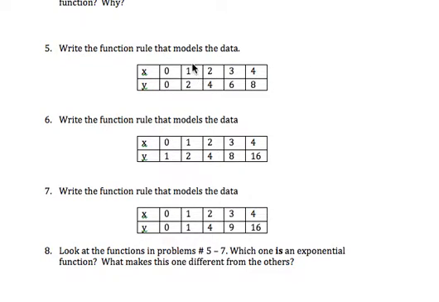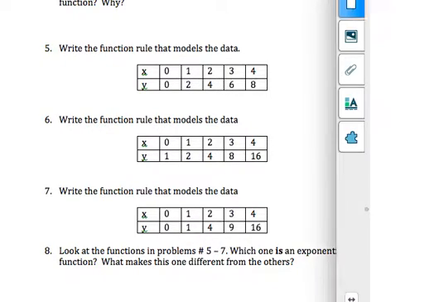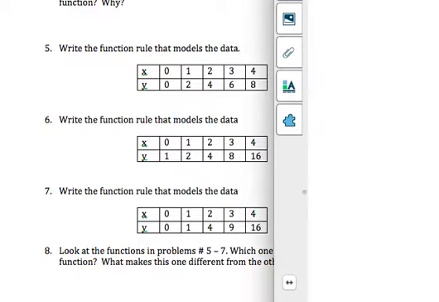And what we have here are 3 different tables with different information, and we're trying to write a function rule. So if I look at this very first table, what I'm noticing is that as the x's go up, so do the y's. And in fact, it looks like we're going to take each one of these times 2 is what it seems to be. So it looks like for this first one, we could say that the function rule is going to be,